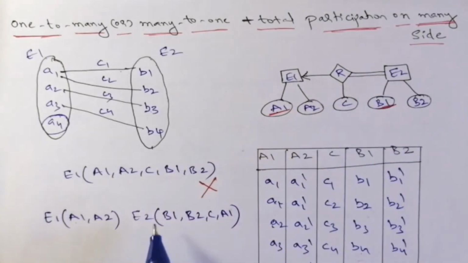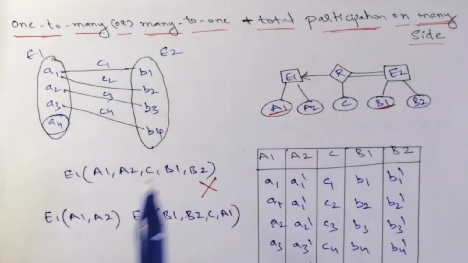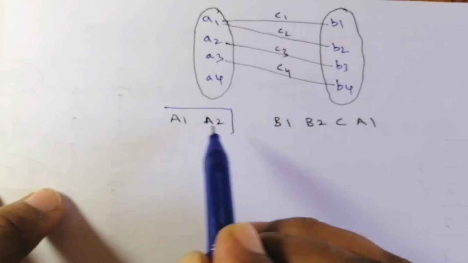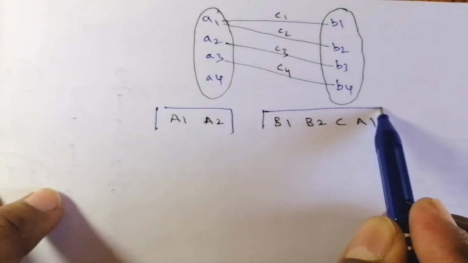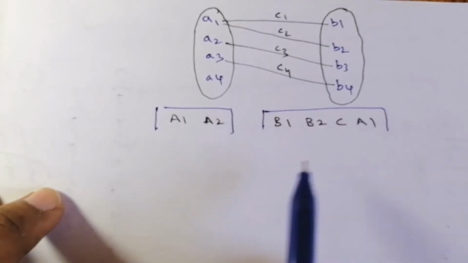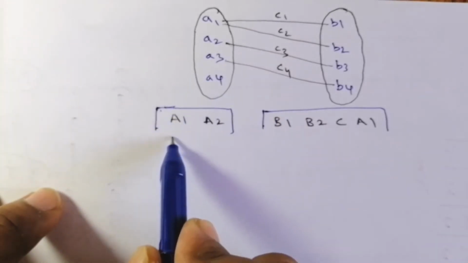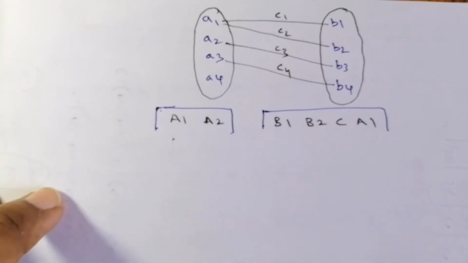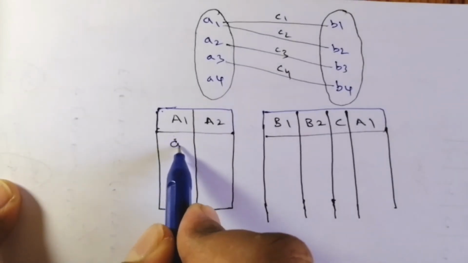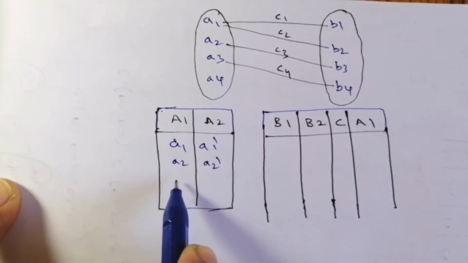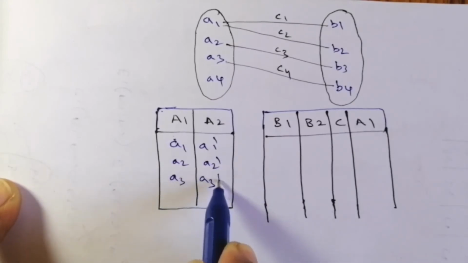Let us check whether it is possible or not if we divide this particular entity diagram into two relations. One is the possibility of A1 and A2, the other is the possibility of B1, B2, C, A1. So two different relations, right? So for A1, A2, if we take the possibility, it will be A1, A1 dash, A2, A2 dash